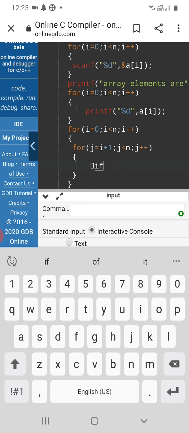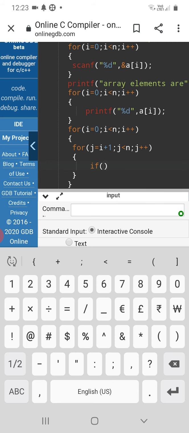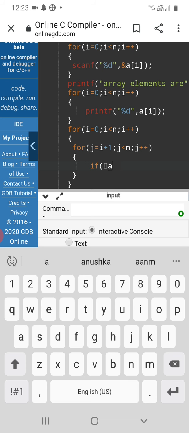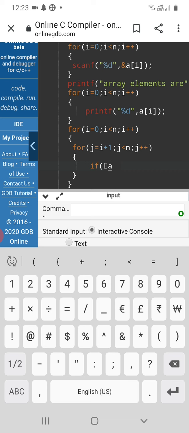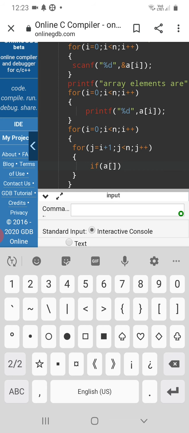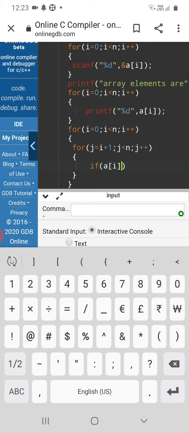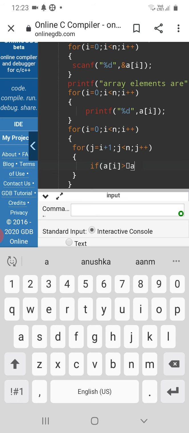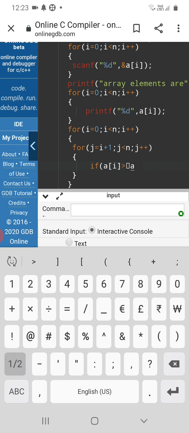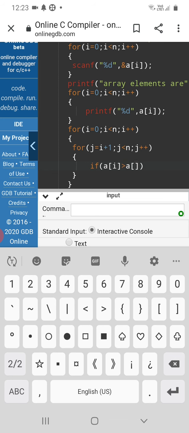If is a conditional statement, it executes depending on whether the condition is yes or no. If, open the bracket, I am going to write the condition: if a of i greater than a of j.